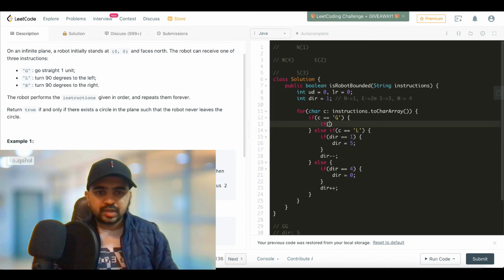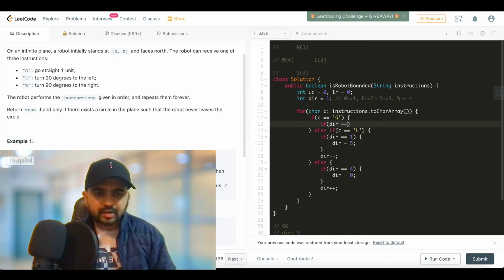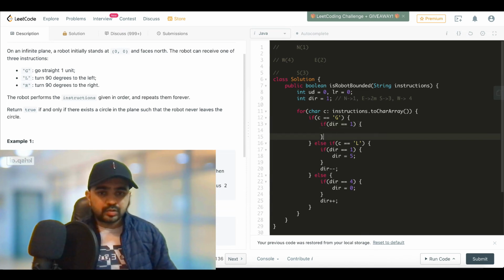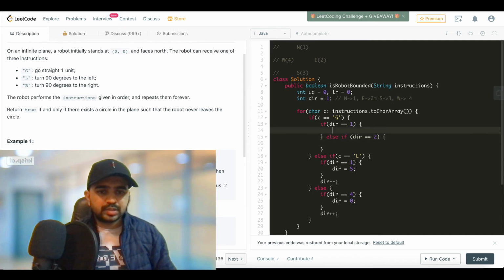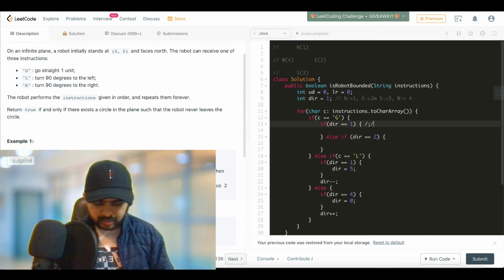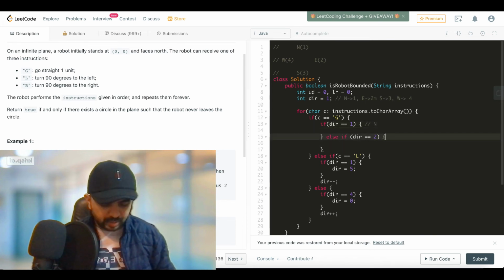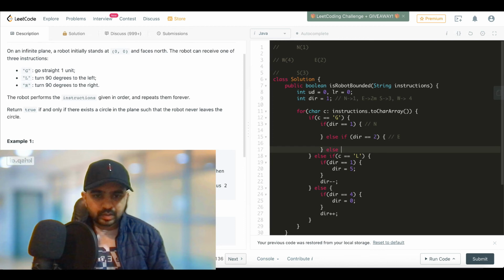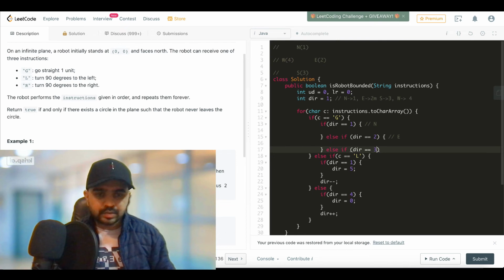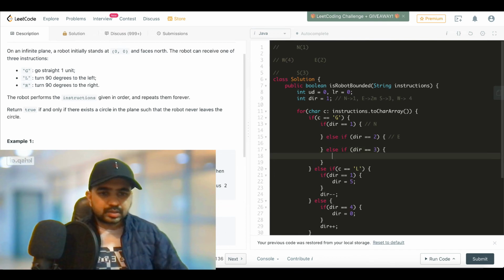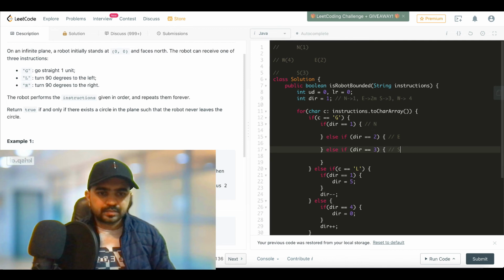So this is good. Now we need to check in which direction we are moving. In the case where the character is G, we need to check if dir double equals 1, this is the north case. Else if dir equals 2, this will be our east case. And if dir double equals 3, this is our south case.